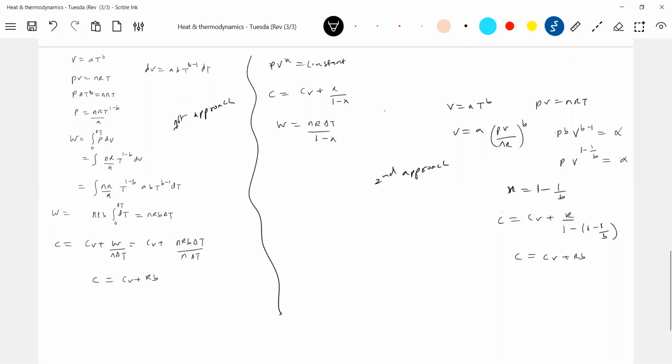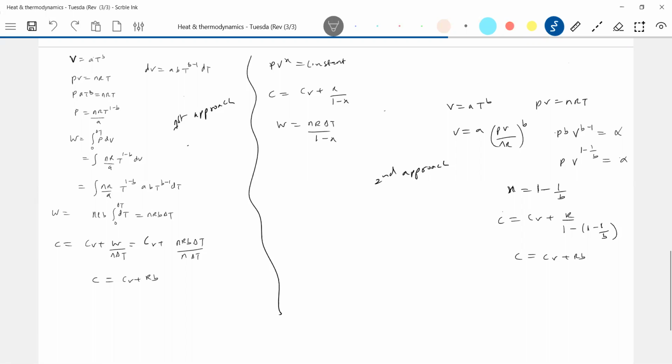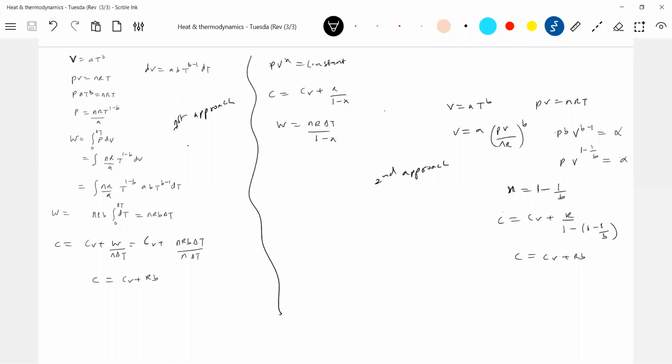Okay, I think this is what I wanted to deliver in today's class. Open the book; you have plenty of numericals where they give pressure as a function of volume, volume as a function of temperature, pressure as a function of temperature, anything. This first approach, now you should say goodbye. Take help of the polytropic process: rewrite the equation in this particular form and carry on. Just get the value of X. In place of X, what is there? 1 minus 1 by B. Substitute that to get the molar capacity, even the work done also.